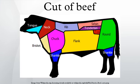Since the animal's legs and neck muscles do the most work, they are the toughest. The meat becomes more tender as distance from hoof and horn increases. Different countries and cuisines have different cuts and names, and sometimes use the same name for a different cut. For example, the cut described as brisket in the US is from a significantly different part of the carcass than